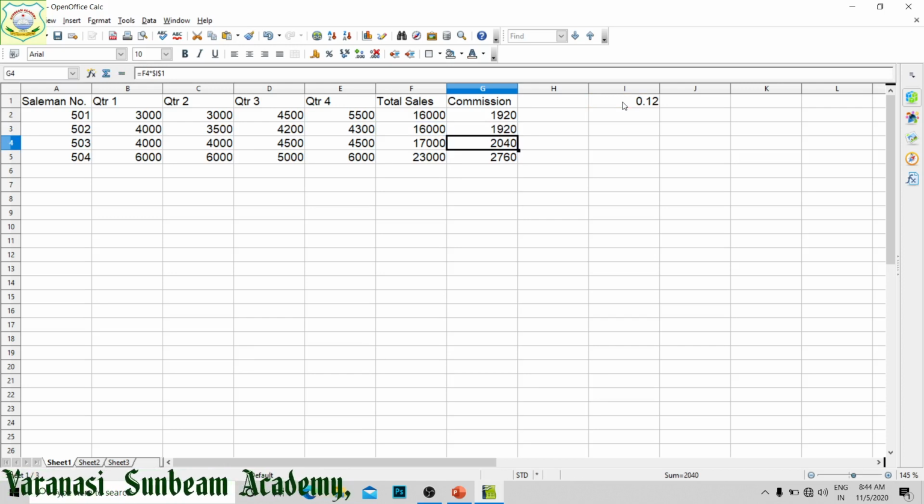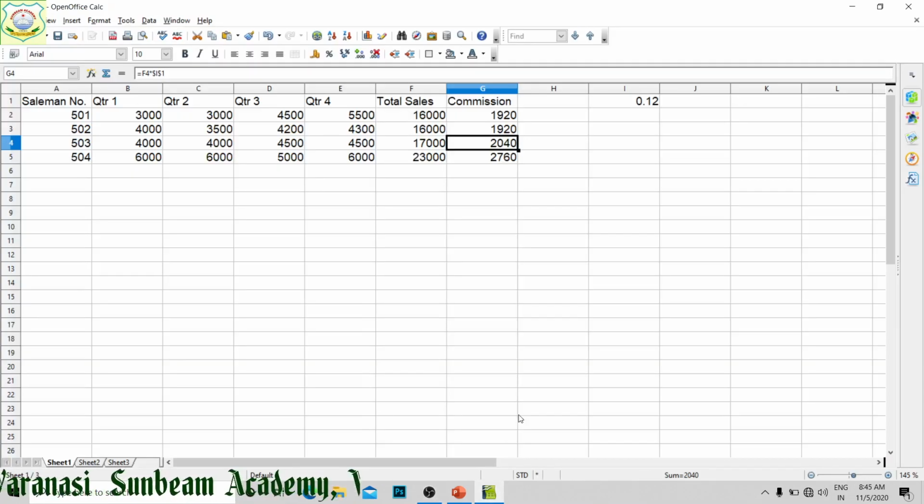Here also you can see $I$2. By this we can do our calculations. Now in the case of mixed reference, we will see what we are going to do.